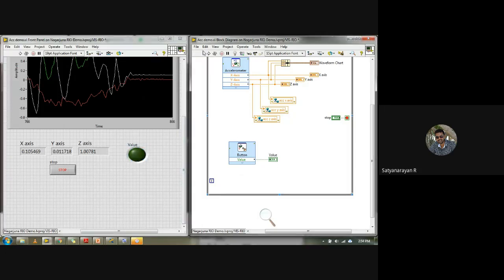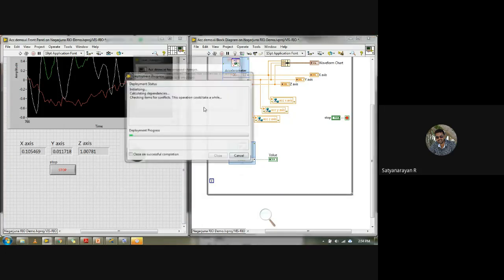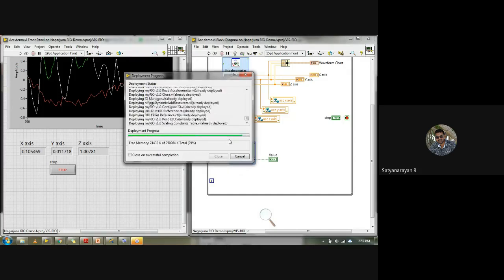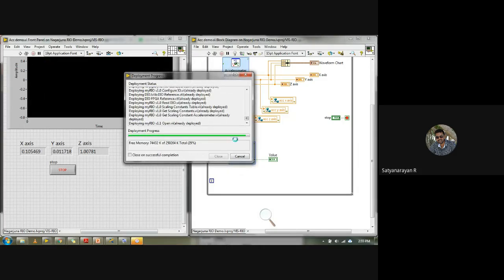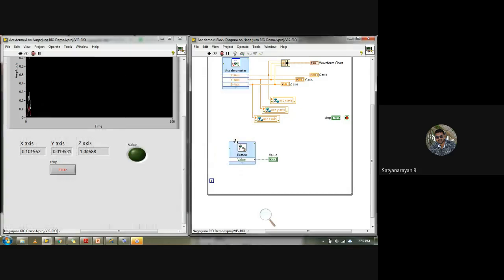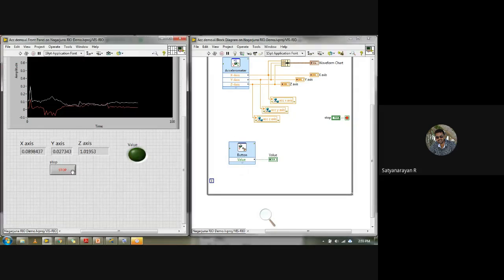First we'll check whether it's working fine or not. So you are getting the accelerometer values as well as the button values at a time. Fine, I'll stop the code.